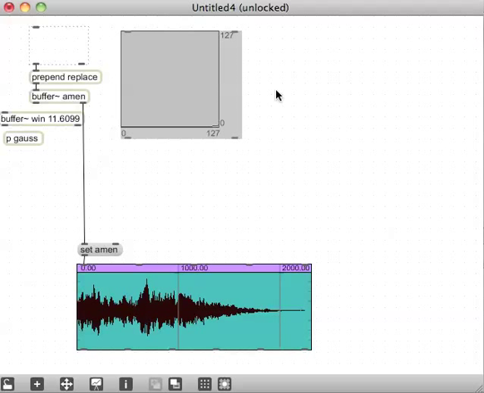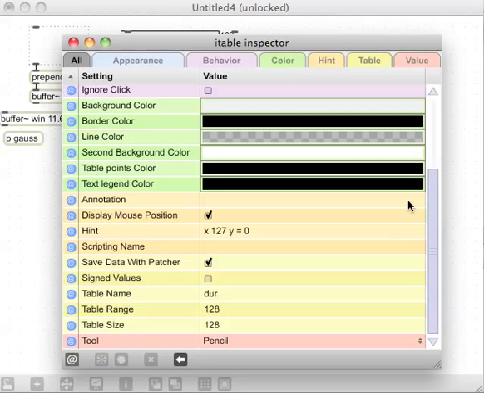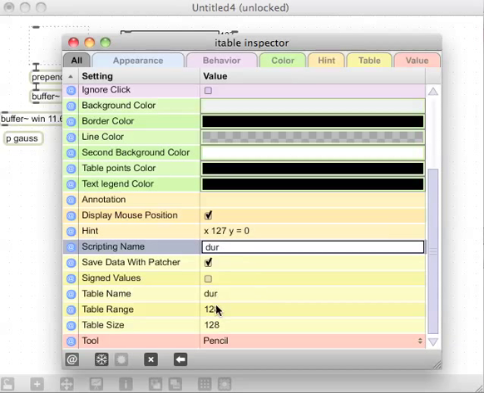We're going to do this for a whole bunch of tables, so this is going to get a little tedious. So we make a new object again, N for new object, itable with the attribute @name, and the name is, this one is going to be DUR for duration. All right, name duration, and yours will come up like that. Mine came up because I had that name used somewhere else. Okay, again the scripting name, we want to give it the same scripting name as the table name, or a different name, doesn't really matter. Scripting name, like I said, because we're going to use